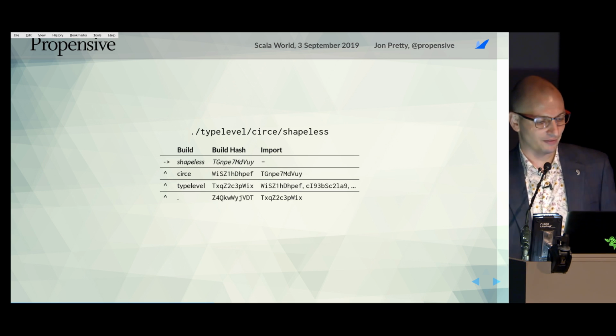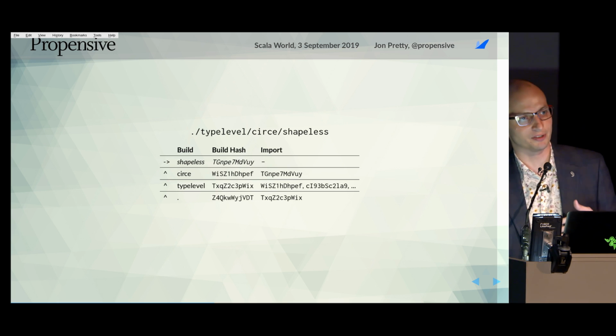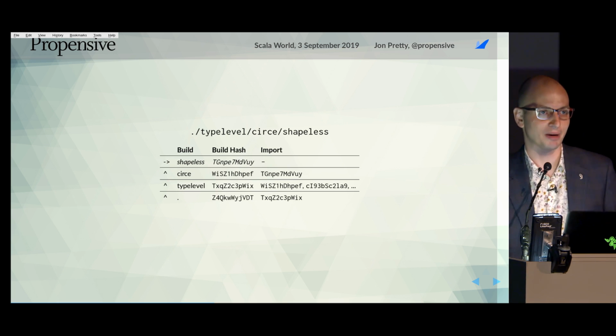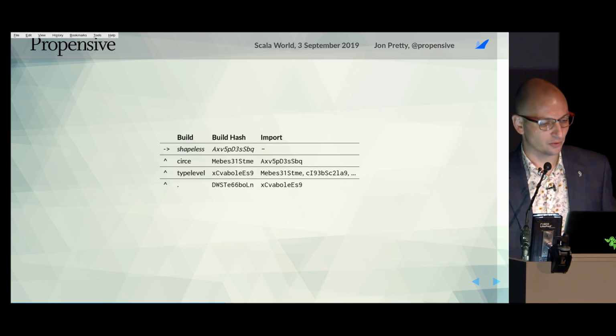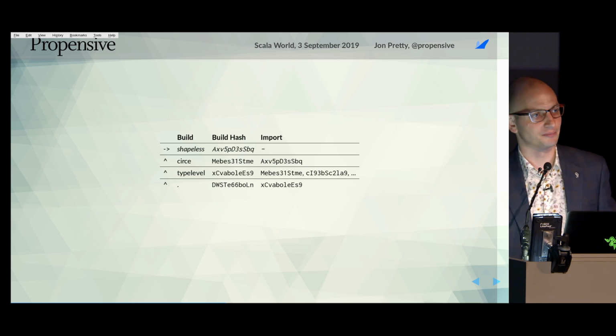So if the hash of that is this one here, I can make some changes. I can add a module to Shapeless, just so I feel like it. I can maybe upgrade to a more recent version. I can change the sources. Any change I make will change the hash of the build. So that hash has changed. Consequently,